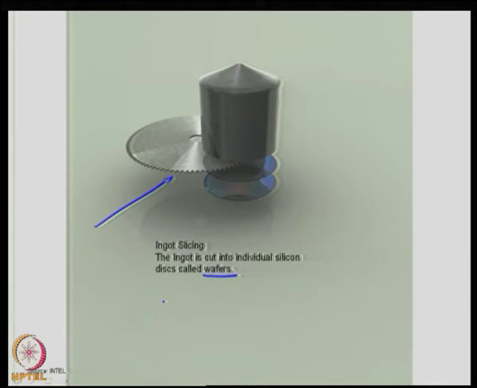Now, initially the wafers will be very thick, and it is on those wafers that you will build the dies, and finally they will be polished to a very thin wafer, because finally you do not want too much unused silicon on the transistor. Therefore, after the imaging and after the buildup is completed, polishing will take place at the back end of the die, so that you can reduce the thickness of the wafer. Right now it will be very rigid.